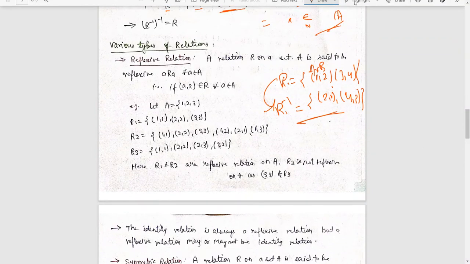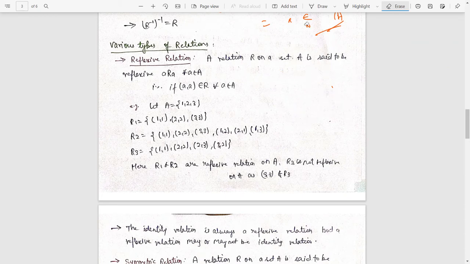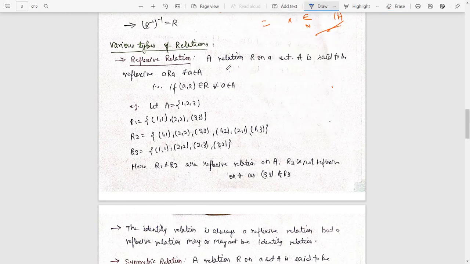But there are various other types of relations also. If you have a set A and you are defining some relations on it, then those relations can be of different types. Let's discuss those different types of relations, which are actually your point of interest, because questions will be based on this in the CMI paper also. There may be some relation given, and you have to prove that it is reflexive, transitive, symmetric, or an equivalence relation, and we'll see how to do those things.